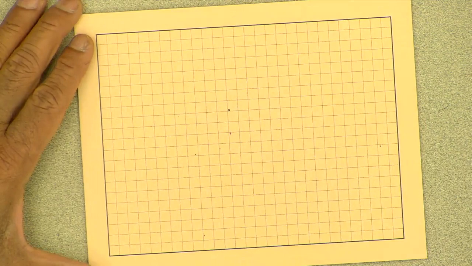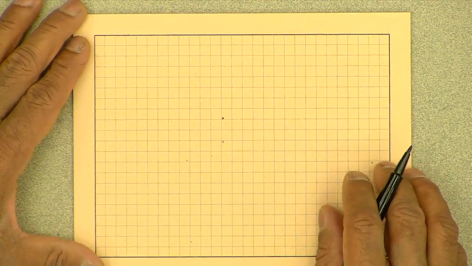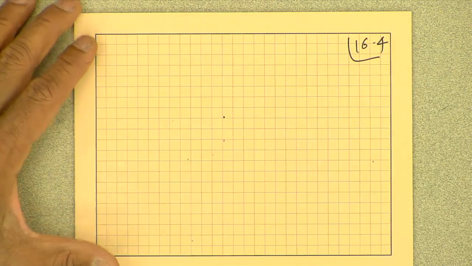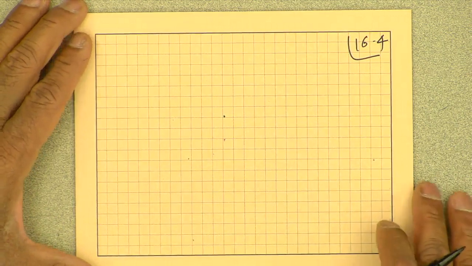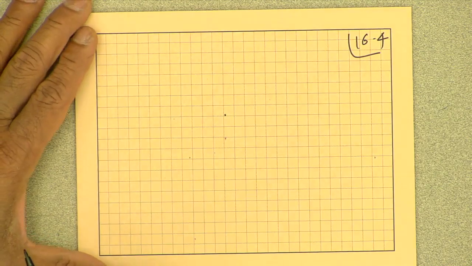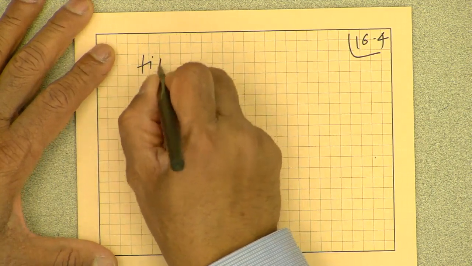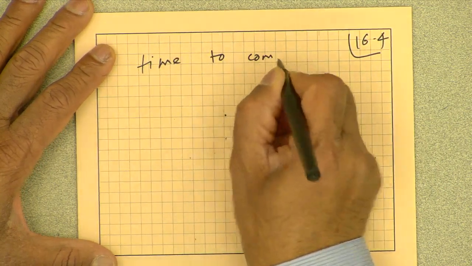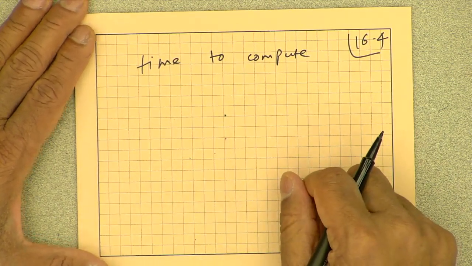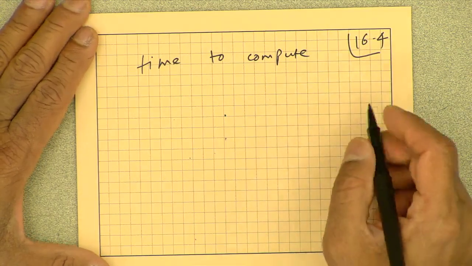Okay, so the next part that I want to talk about is that in the original space representation that I talked about, I did not allocate any time. So how do I know the time to compute? We have not allocated that in the previous mapping, P transpose and S transpose.